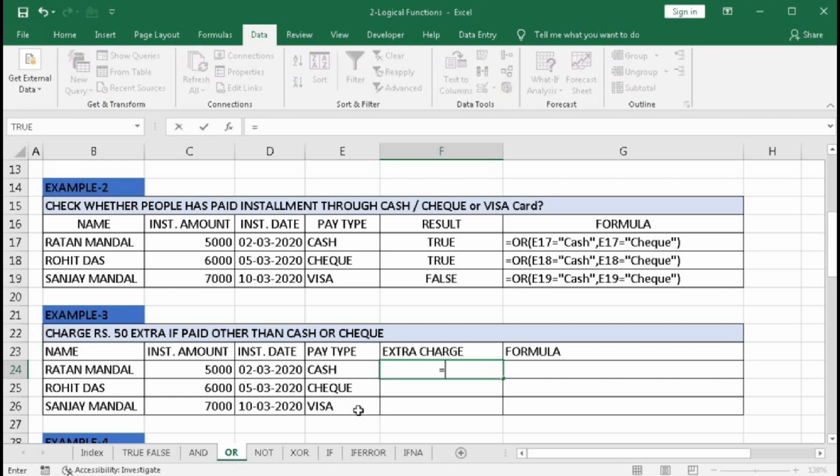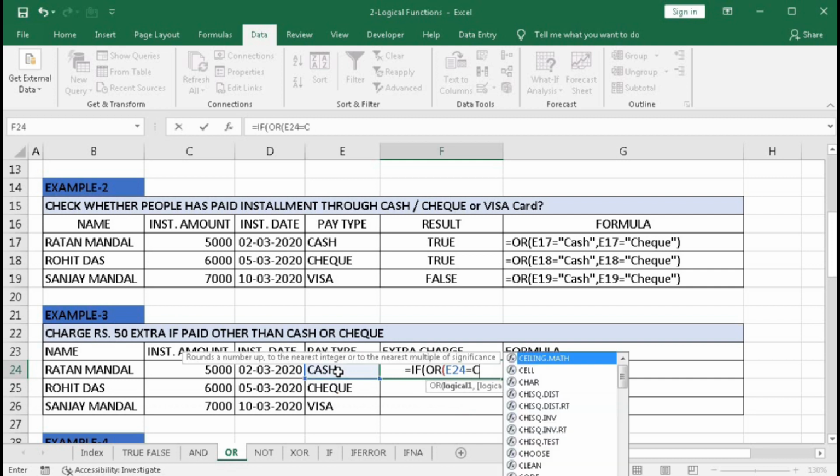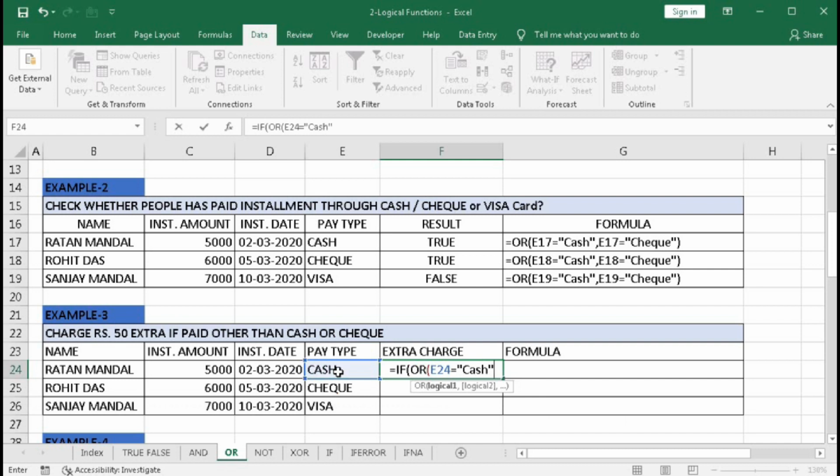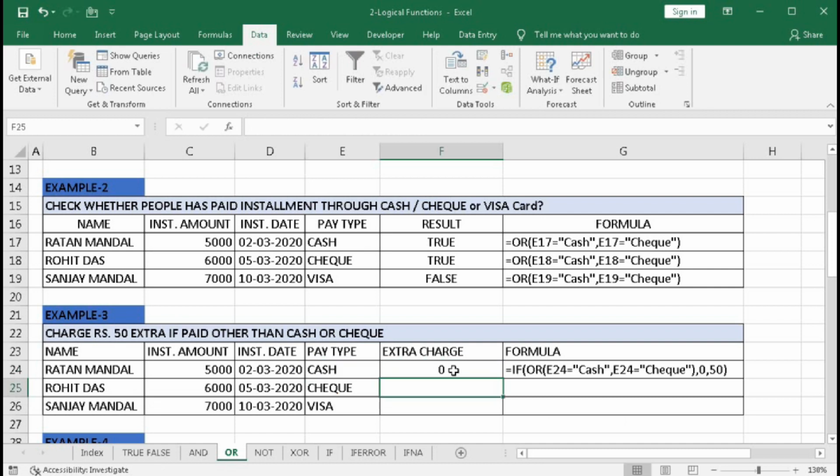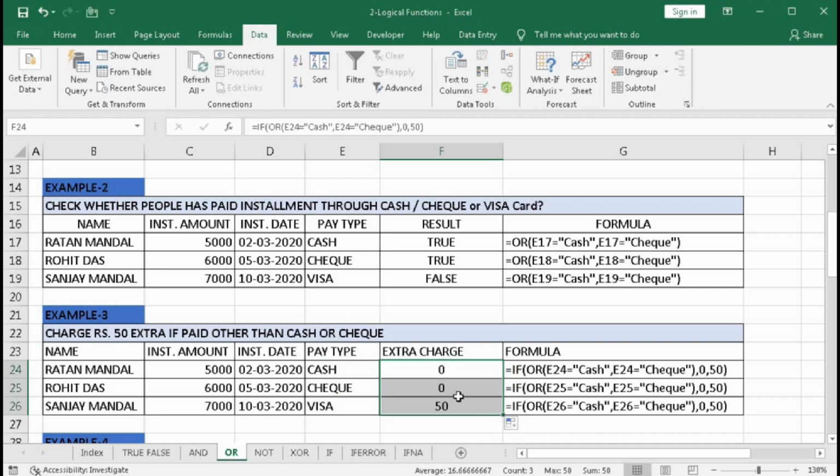Number one, equal to IF OR, this cell equal to cash, comma, this cell equal to check, bracket close, comma 0. That means if it is cash or check, then 0, otherwise 50, bracket close, enter. So here it is cash, that is why 0, it is also 0, it is 50.